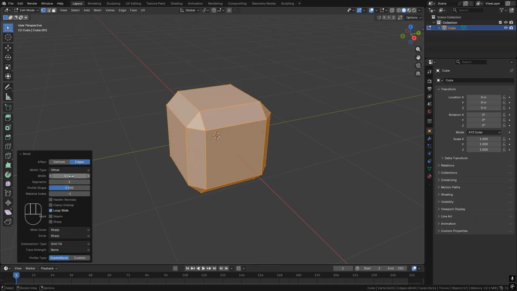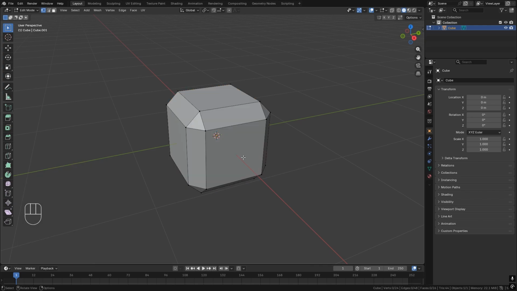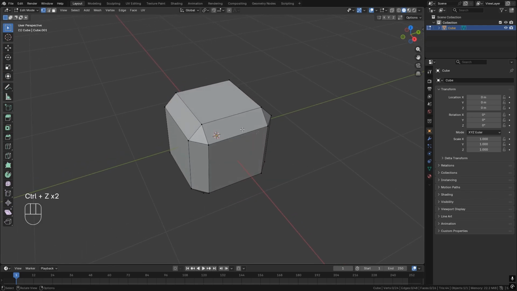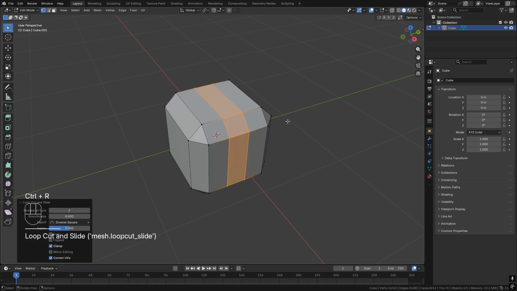Next we want to add the larger details around the crate. We'll do this by adding some loop cuts. Press Ctrl and R to first add a loop cut, and then use either the scroll wheel on your mouse to change the number of loop cuts, or type in a number on your keyboard. We'll be adding 2 loop cuts. Press left click to confirm the number of loop cuts, and then right click to drop the loops where they